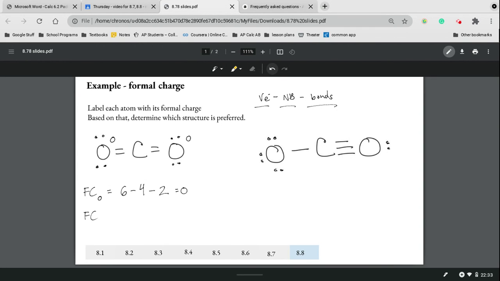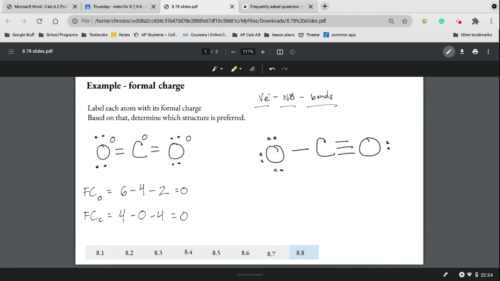Now let's find the formal charge of that carbon. Carbon has 4 valence electrons. It doesn't have any lone pairs right there, so there's no non-bonding electrons. It has 1, 2, 3, 4 bonds right there. 4 minus 4 is 0, and so the formal charge of that carbon is also 0. So that's looking pretty good. We got zeros across the board, but we still need to check the other molecules' formal charges,